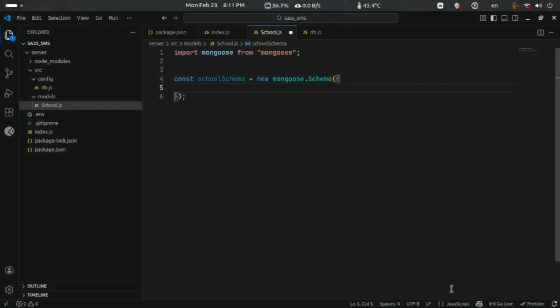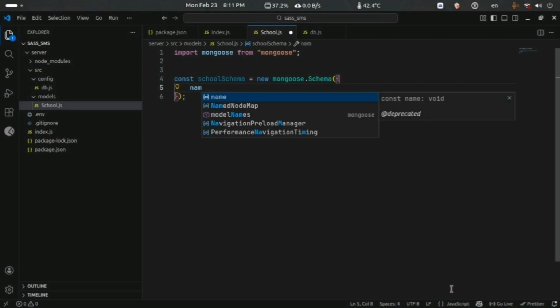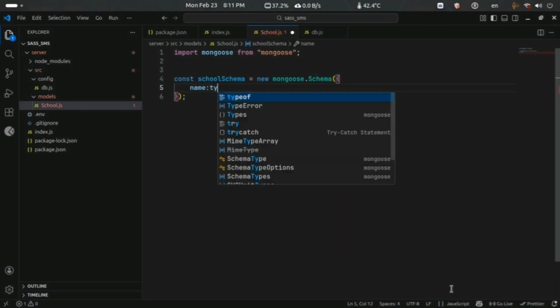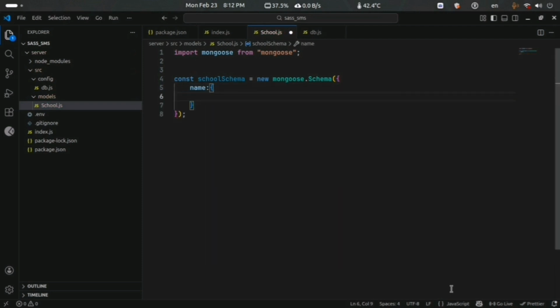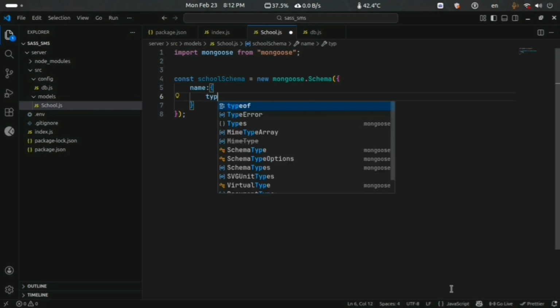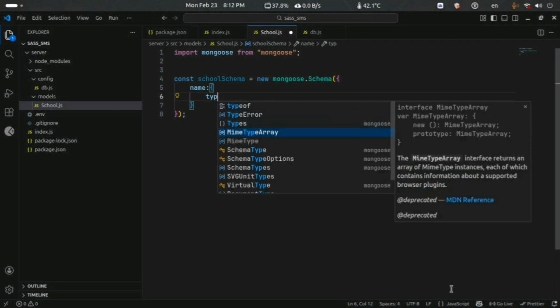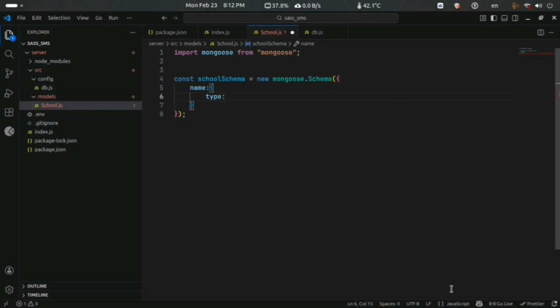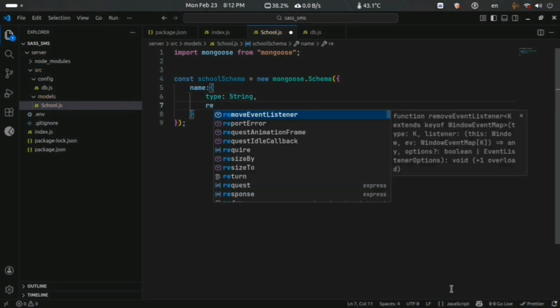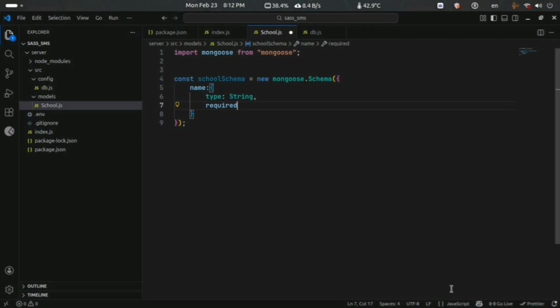Inside it, first of all, we need name. Type String, required true, trim true.